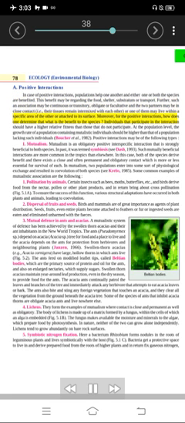Moreover, for the positive interactions, how does one determine what is the benefit to the species? Individuals that participate in the interaction should have a higher relative fitness than those that do not participate. At the population level, the growth rate of a population containing mutualistic individuals should be higher than that of a population lacking such individuals. Bush et al., 1982. Positive interactions may be of the following types.